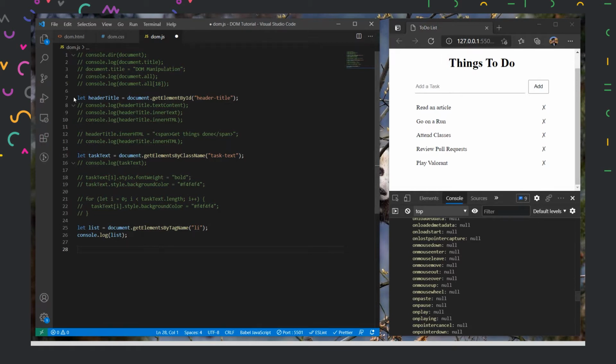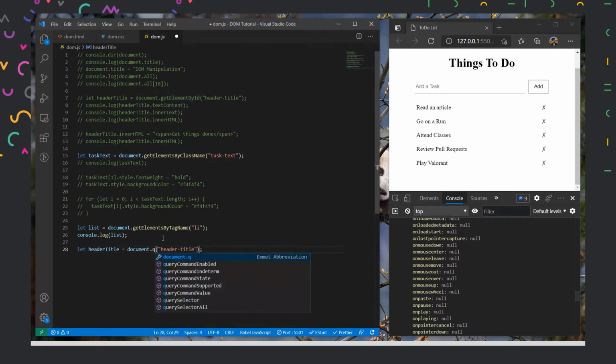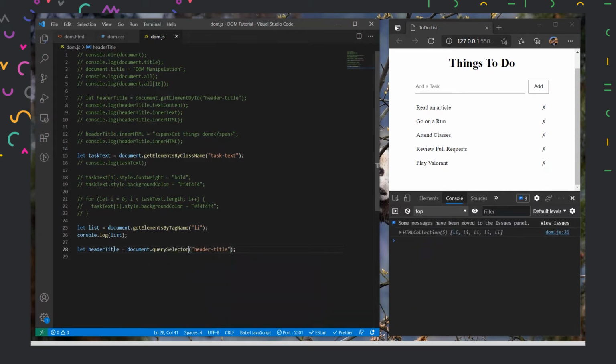If I have to select header title, I would simply copy this and comment this for now, and instead of get element by ID, I'll just put document.querySelector, and it shall return me the header title. So if I console log the header title,